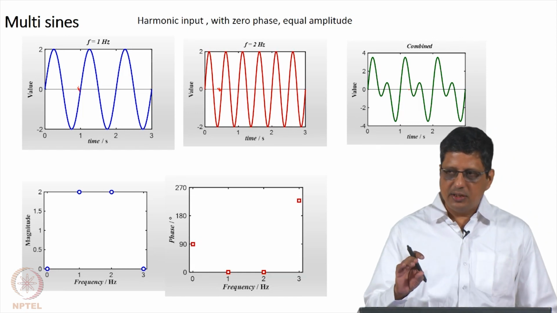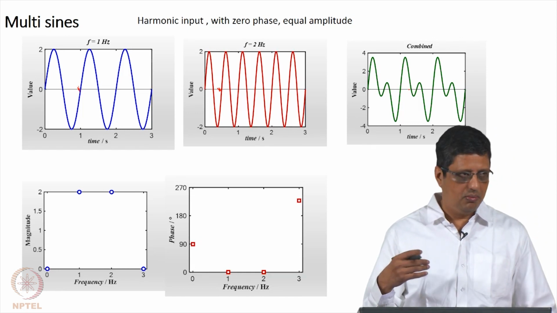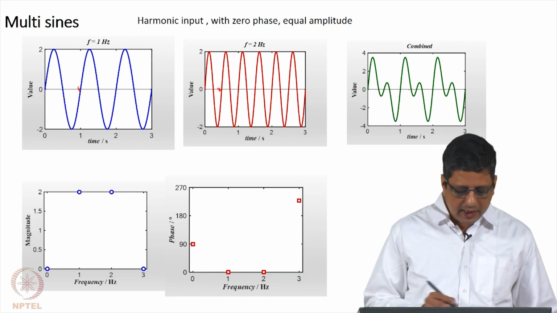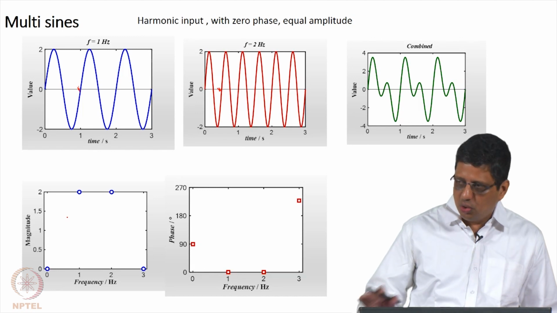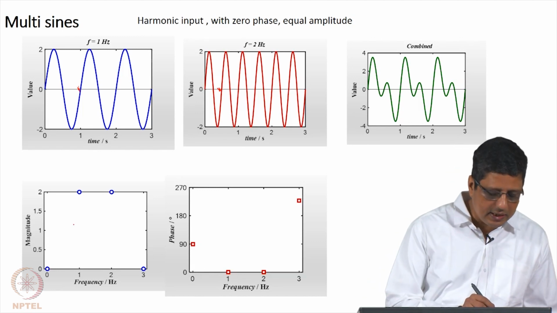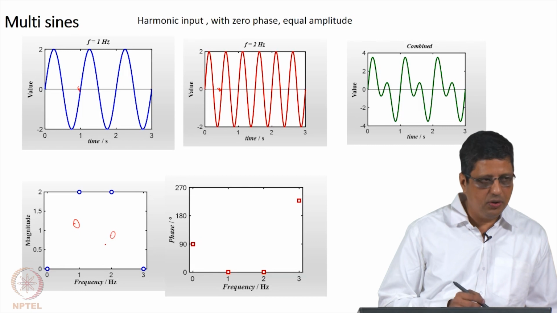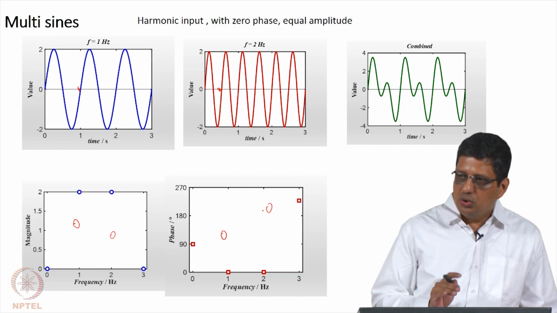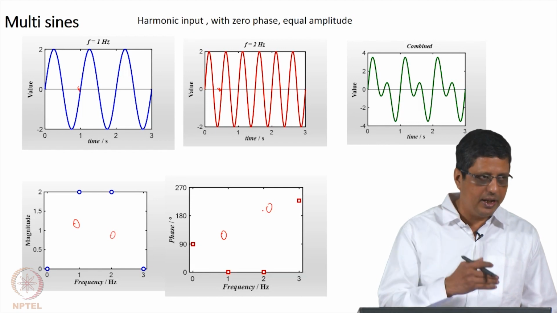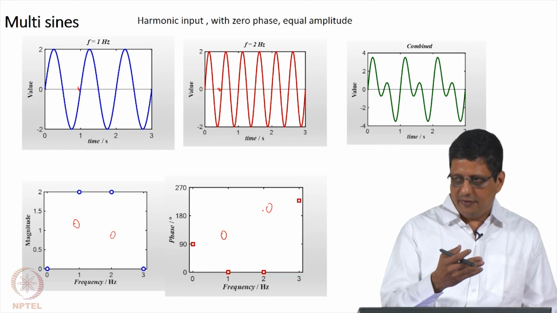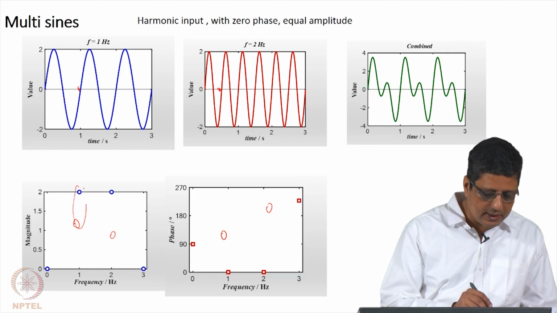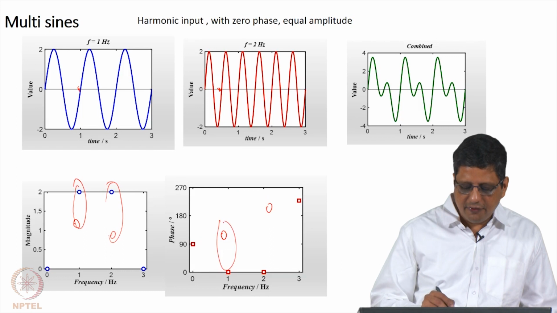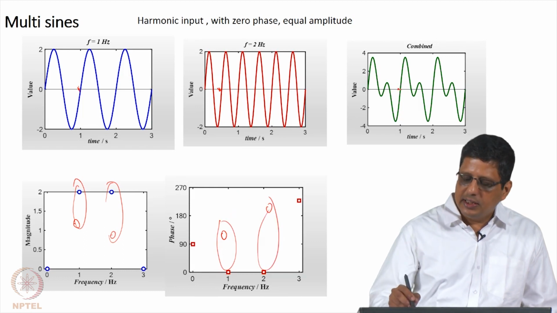Now, if I apply this to a circuit, I will get current. I can do the FFT on the current. I will get similar to this, I will get 2 other graphs saying this is the magnitude of current, this is the magnitude of current, this is the phase value, this is the phase value. So, I can get the ratio of magnitude, I can subtract the phase, I can tell this is the impedance, based on these 2 values, I can tell the magnitude and the phase of the impedance at the same 1